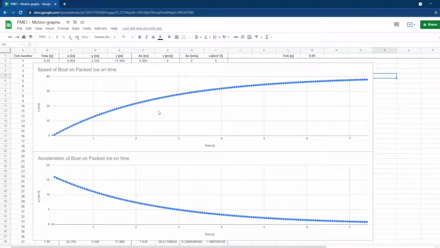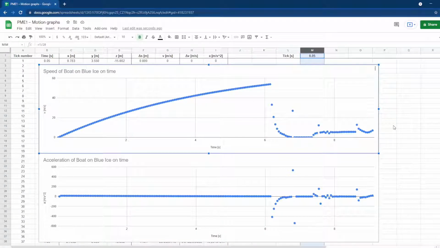Okay, so this is what the data for the boat on packed ice looks like. It's nearly identical. We will have to put all the graphs into one so we can compare them. But for now, let's import the data for the blue ice. This is the data for the boat on blue ice. I have already gotten rid of the teleportation at the beginning, and I'm sure that it doesn't contain any unnecessary data from previous experiments at the end. Yet, there's some